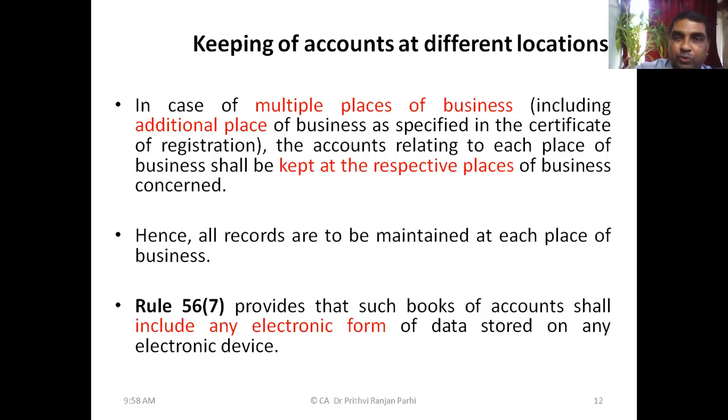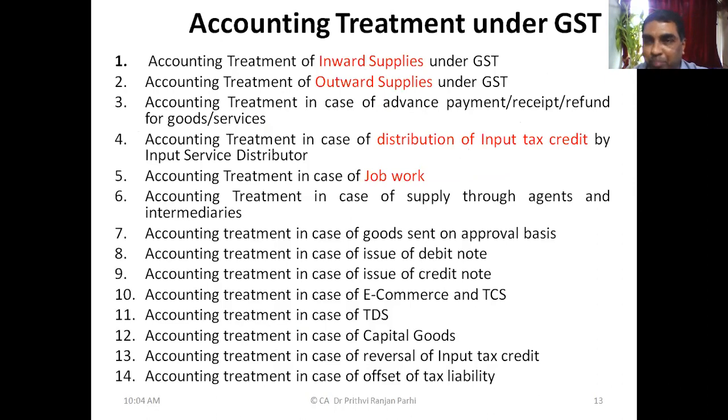Okay, thank you. Now, coming to the GST accounting part. Just now we have covered some basic accounting, only sales and purchase transactions. But there are a list of areas where different kinds of accounting are done in relation to GST. Various areas are there like outward supplies, inward supplies, distribution of ITC, job work, refund, then GST TDS for e-commerce, and receipt of advance. So many areas are there.